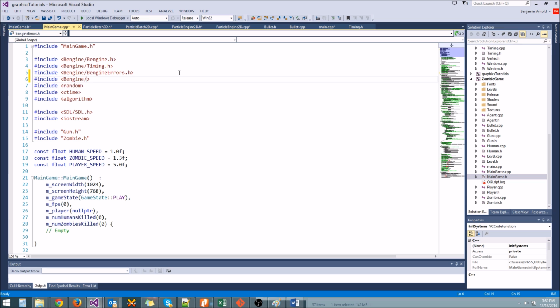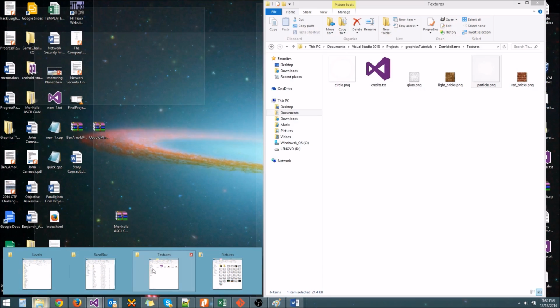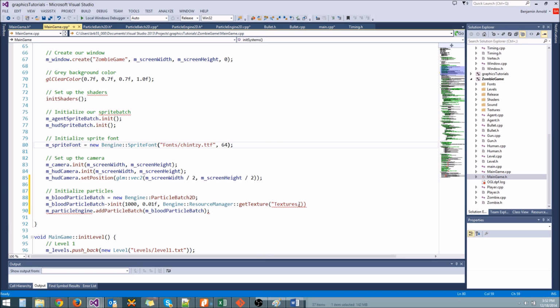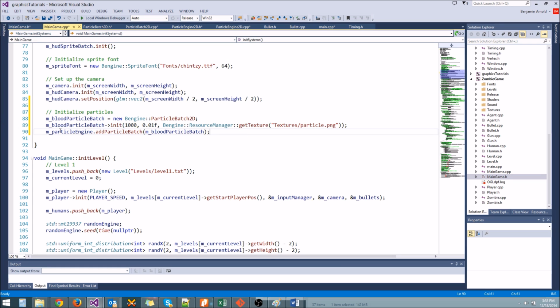I'm going to switch that to be non-static in a future tutorial, because it should not be static. Manager.h. That should work. There we go. So the texture we are going to get is textures/particle.png. That will initialize the texture that we want to use. Is there another parameter? No, that's it. Now we have a blood particle batch, and we can just begin adding blood particles